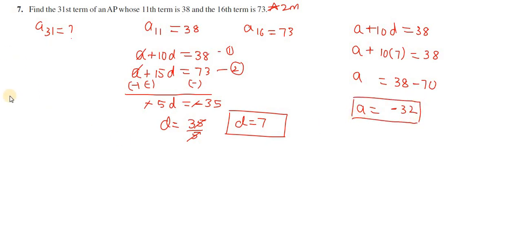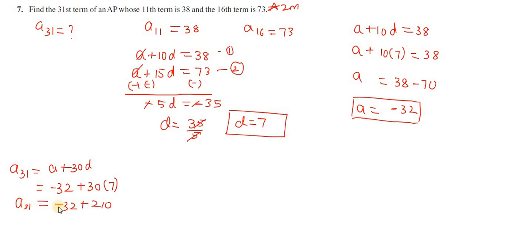Then A31 we need to find. So how to find A31? A31 is equal to A plus 30D. Now we got the A value: minus 32, plus 30 into D value, which is 7. Substitute here. So minus 32 plus 7 threes are 21, and a 0, that is 210. So 210, and when you subtract, A31 is equal to